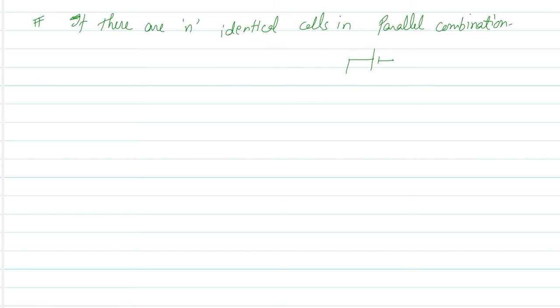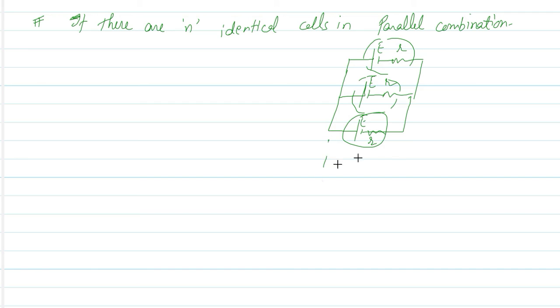You will see that here the EMF is E and the internal resistance is r. Suppose for all the cases, as we have already considered, that identical cells with the same internal resistance and EMF are there. So you will consider it like this, okay students, up to n cells. You form such a circuit, and finally this is connected across an external resistor, right students? So now let me tell you the case of the equivalent.